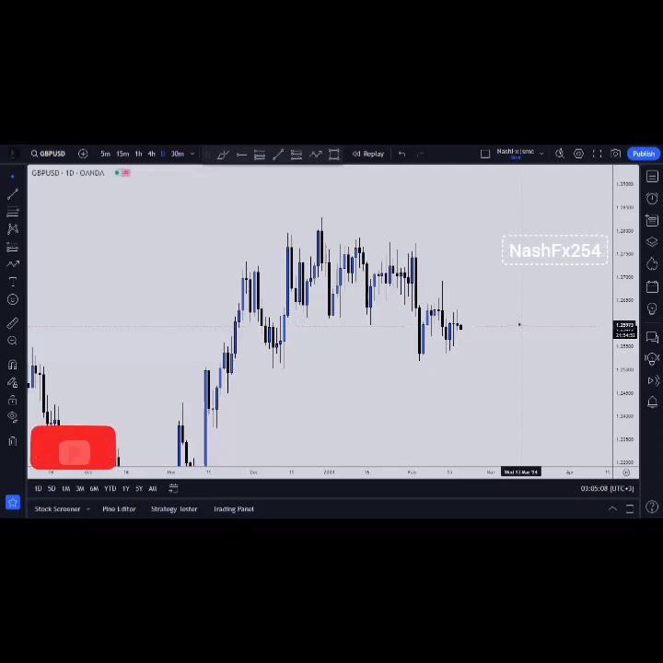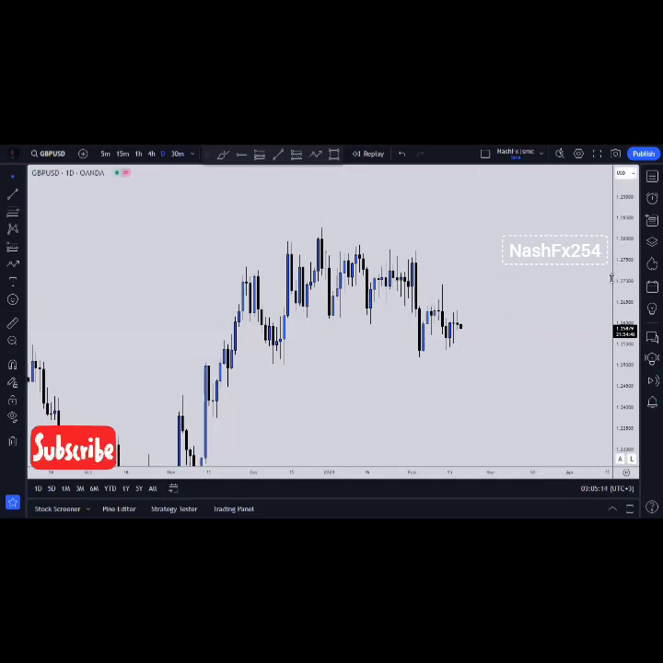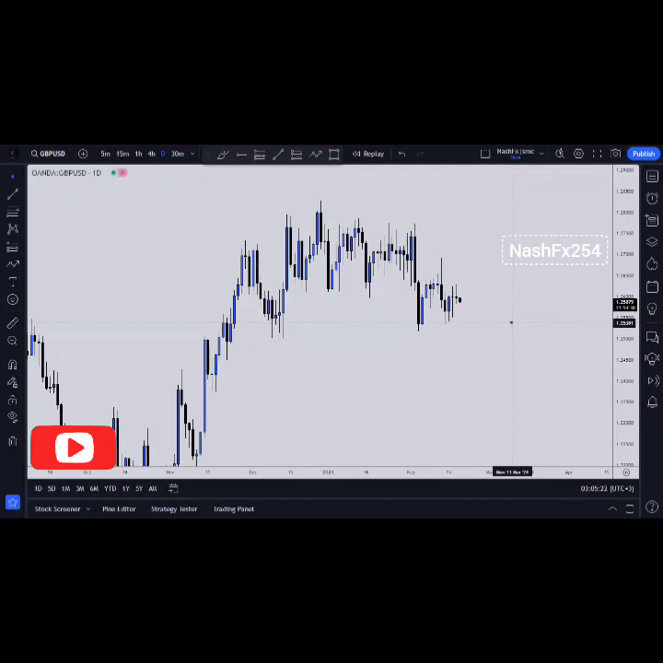I'm going to quickly show my analysis on GBPUSD. Okay, so we are currently on a daily time frame, so we'll be going down to lower time frames to see how the price is shaping up. Okay, so when you go to the 4-hour time frame,